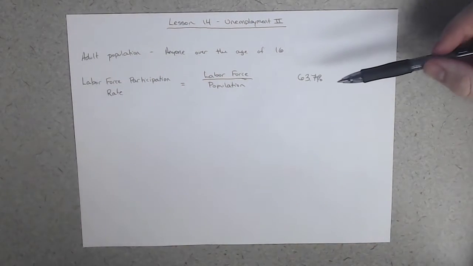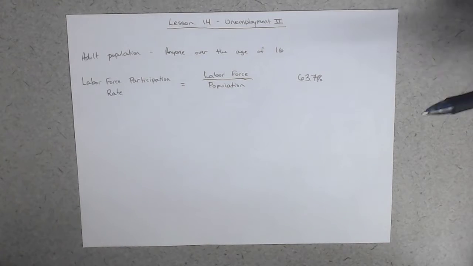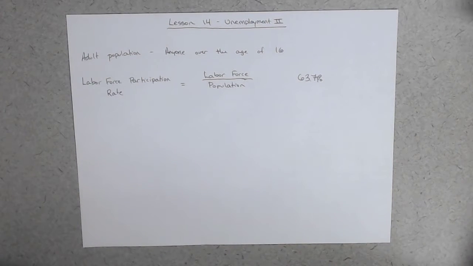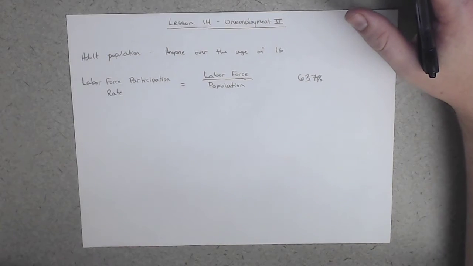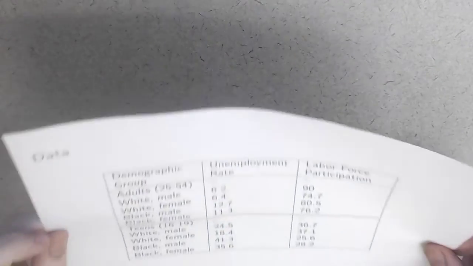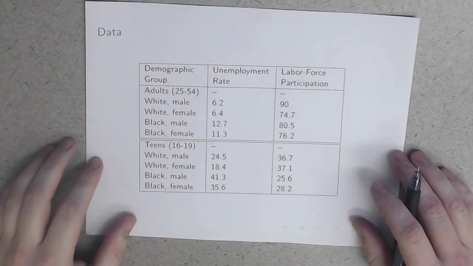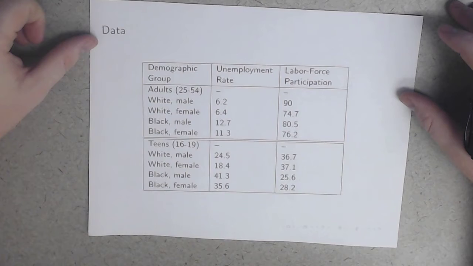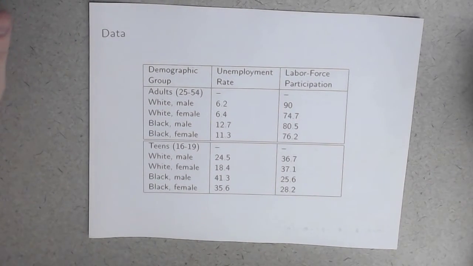At some level, this is a very useful measurement. It tells us the willingness of the population to work. Right, the higher this number, the more willing the adult population is to work. Right, and so it can be a very telling number, especially when we combine it with the unemployment rate. And so what I've done is I've printed off a table covering different demographic groups and their unemployment rate and the labor force participation rate. And for some reason my printer is printing things askew, so that's why my page is askew here.